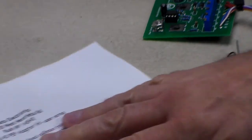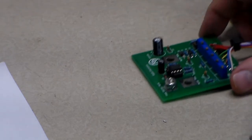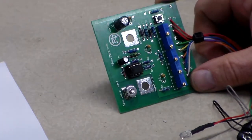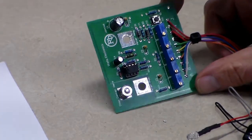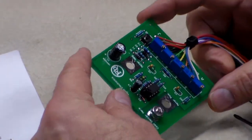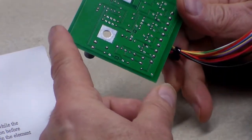Got it on the internet. Comes from Watts Electronics. I got it on eBay and it just came today. So I'm going to stick it in and see how it goes. Couple of things I noticed right off the bat. The board looks like it's pretty well done. There's one resistor here that's a little high, and I don't think that was an intentional thing. I think it just wasn't pulled all the way through and was soldered, but no harm done. But the rest of the board looks very professional. Nice soldering on it,